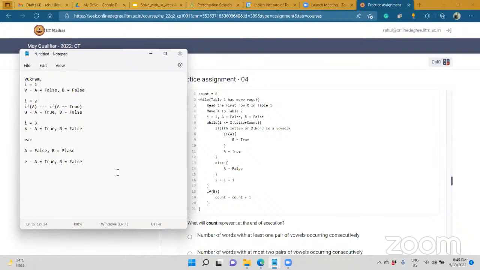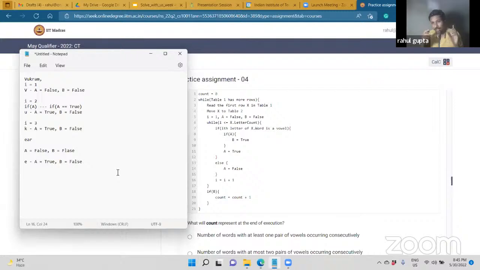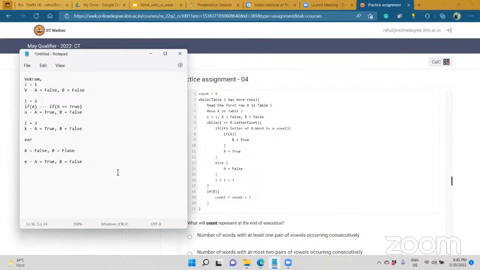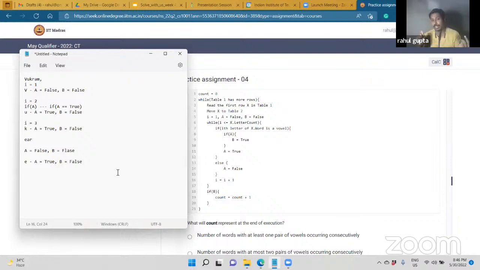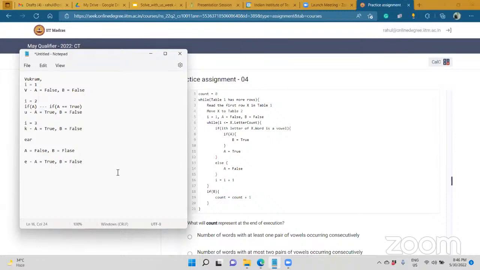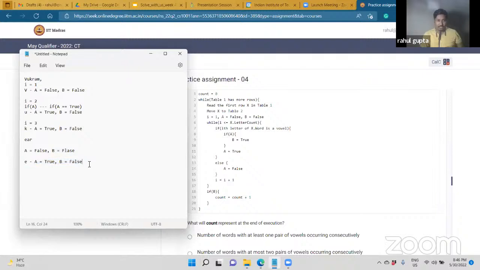Yes, then B also is true, because before this you set it to true. Yes, right. In the previous iteration, we did not execute line 9, right? Right. So now I'll set this for A as true. B is also true, right?